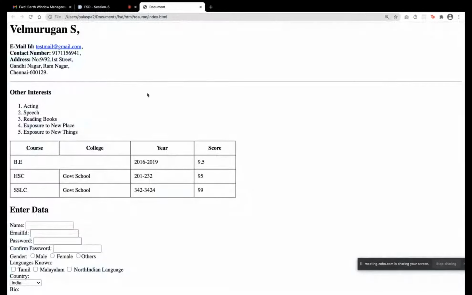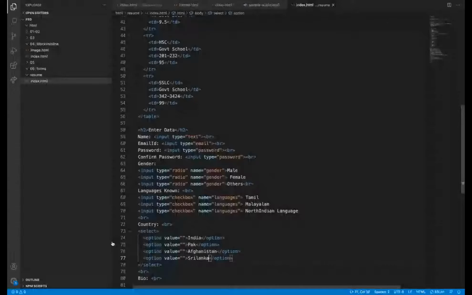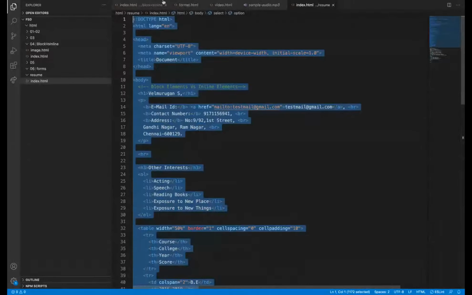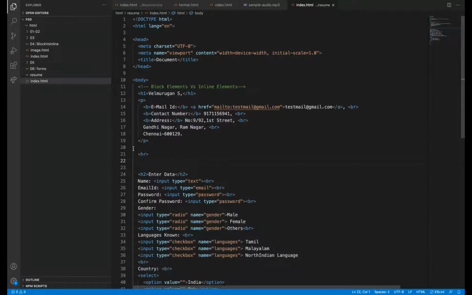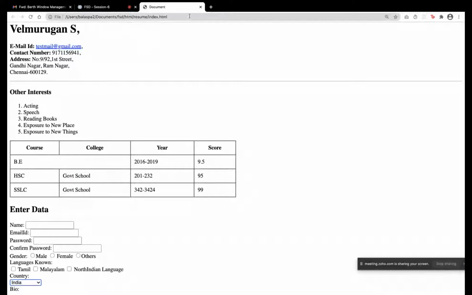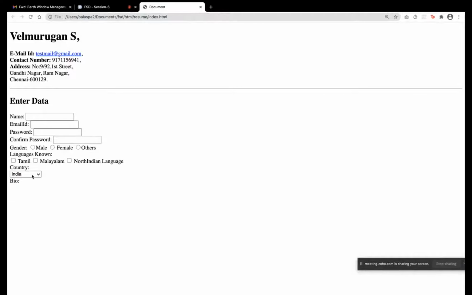So we have achieved this. Can I delete the other things because it is coming at the bottom? Okay. So India, Pakistan, Afghanistan. So I can select one.